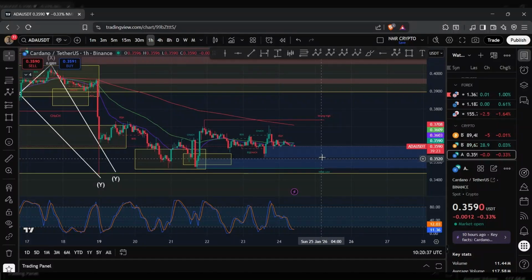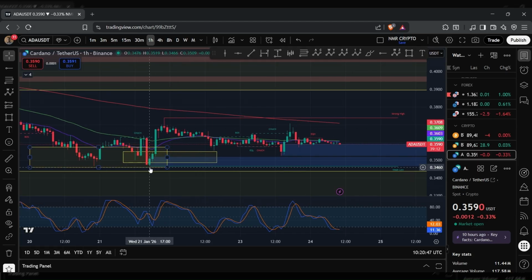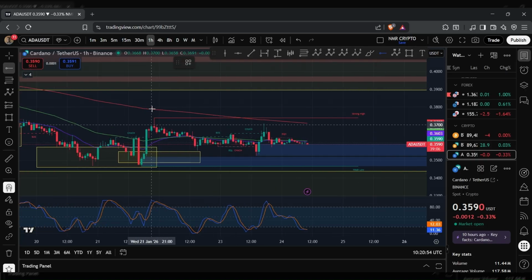So ADA currently finds itself trading sideways and consolidating, following on from my previous update where I mentioned how I was tracking an impulsive move to the upside made up of 5 waves. And usually whenever you have a 5-wave structure that forms, that signals that we are on an uptrend. And so at some point, I'm going to look out for the price of ADA to breach above the local